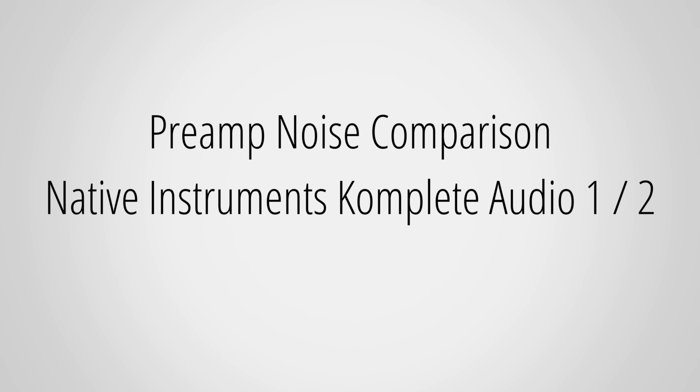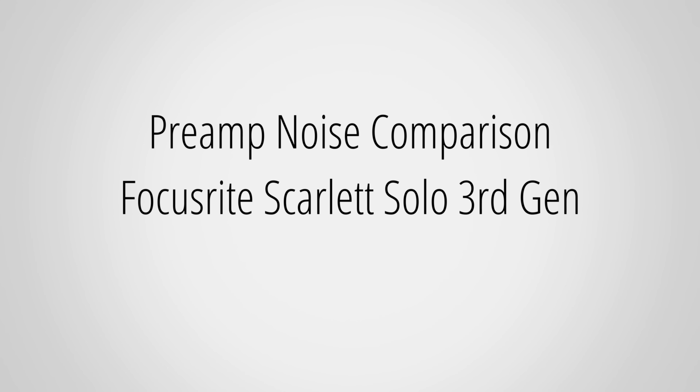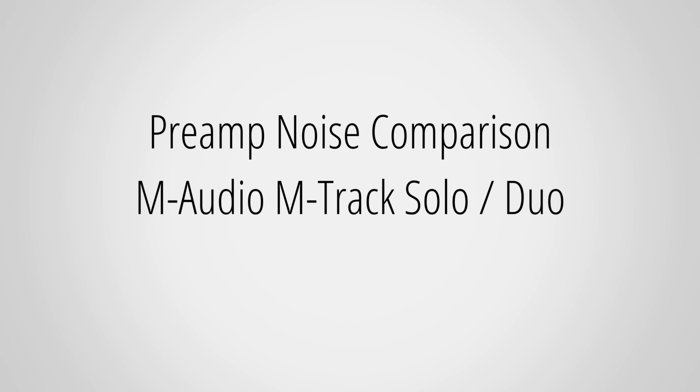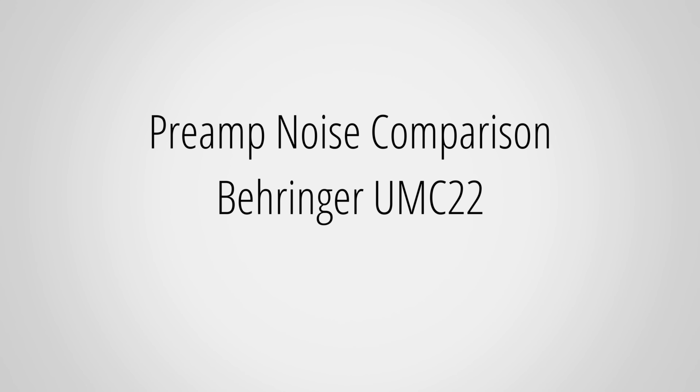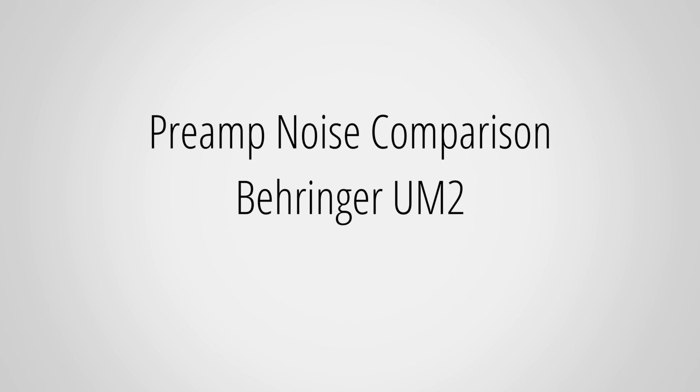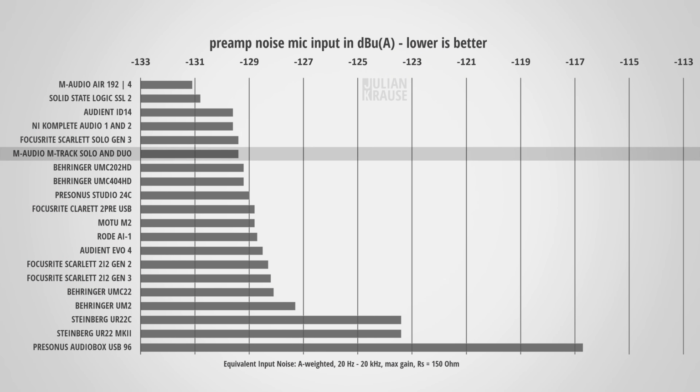Speaking of noise, let's check out the preamp noise of the Solo and Duo, which is important for when you're recording with dynamic microphones, as they depend on a clean amplification to result in a low noise recording. I measured the so-called equivalent input noise, which lets you directly compare the preamp noise of many different interfaces. The Solo and Duo come in with an excellent value of -129.4 dBA weighted. This means that the preamps of the Solo and Duo are very low noise, and you can actually hear that